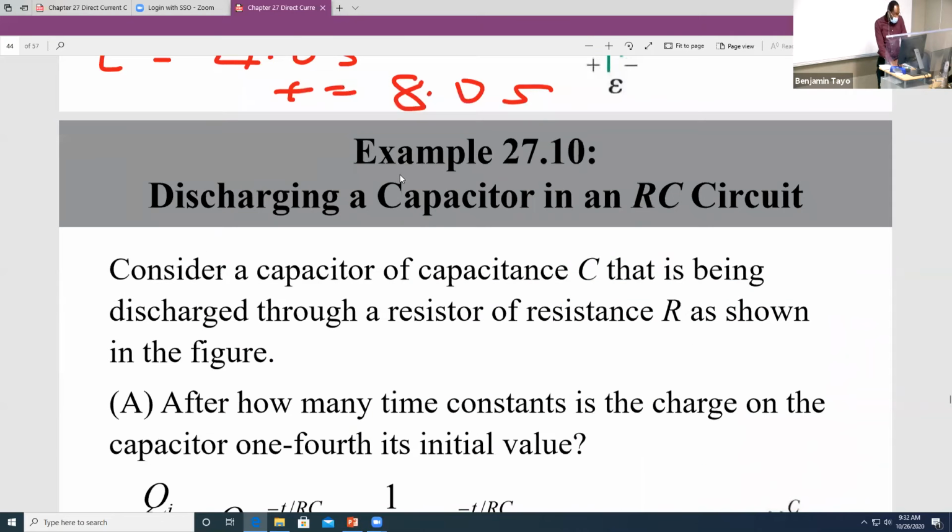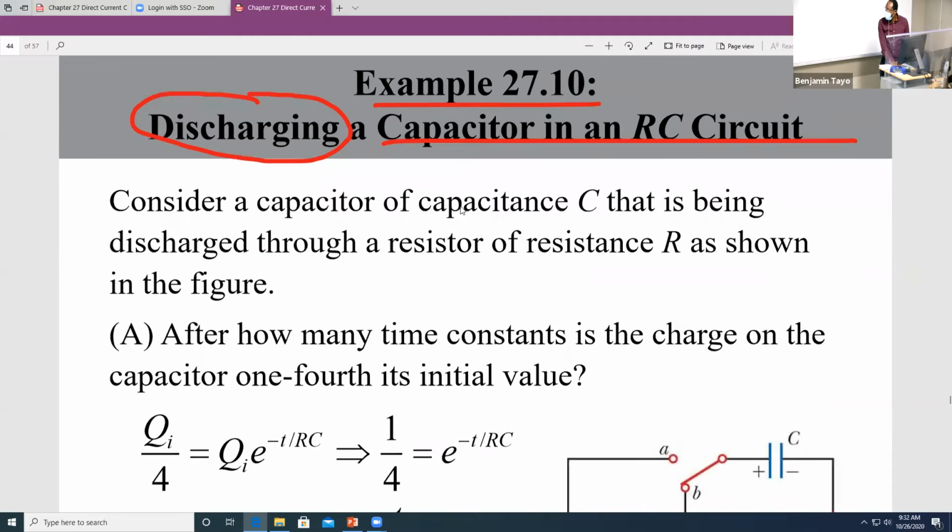Now let's look at this other example here. So this is example number 27.10. Now this example is discharge. So we're discharging. So if you look at the question again, it says that suppose that we have a capacitor that has a